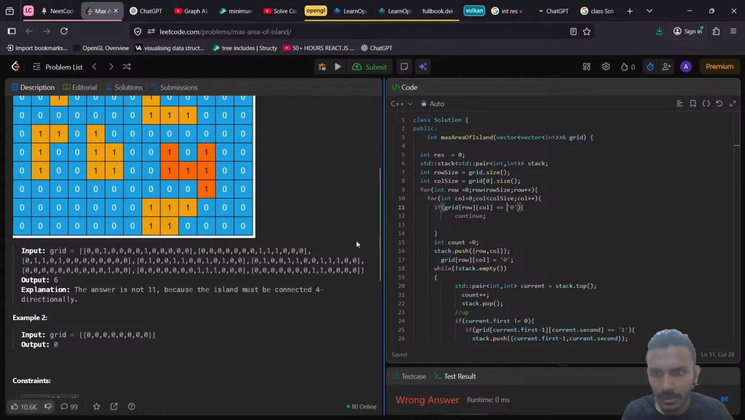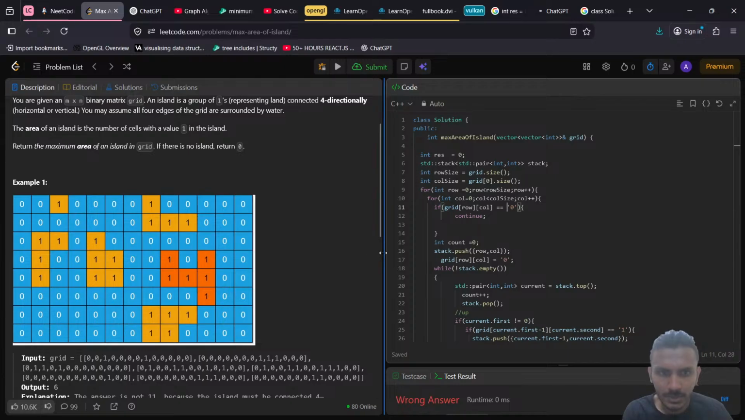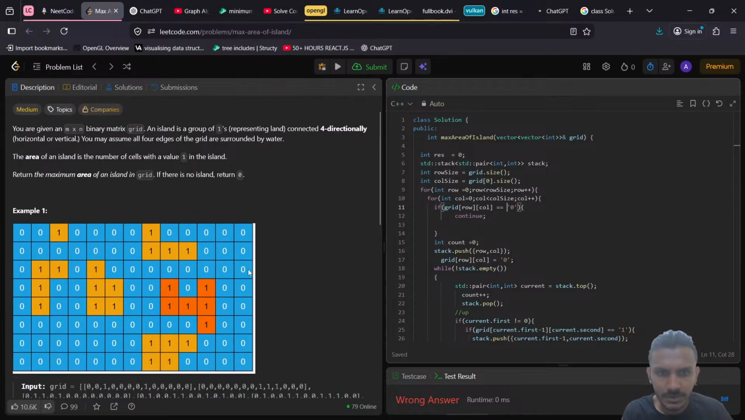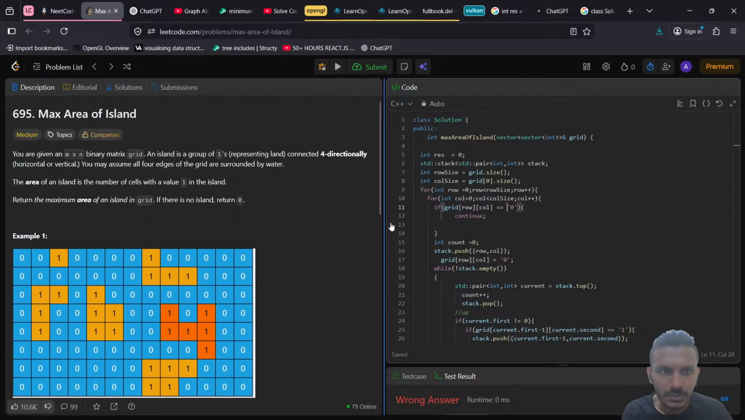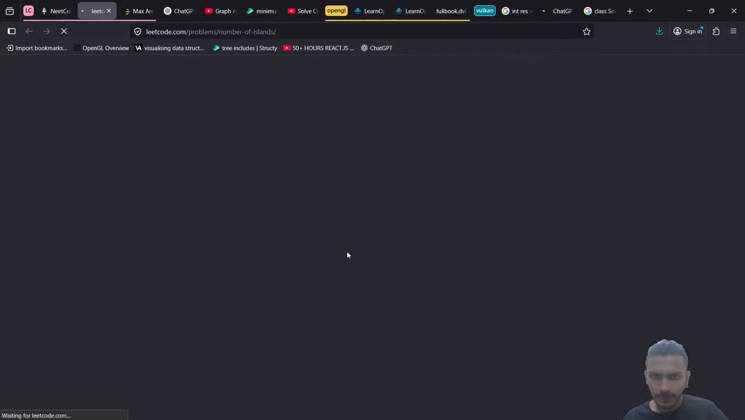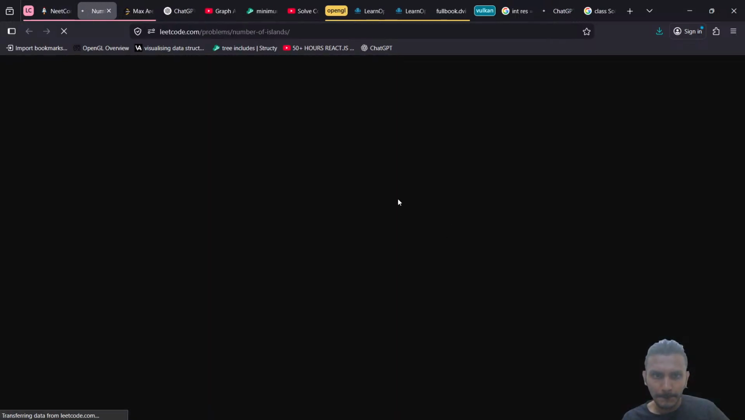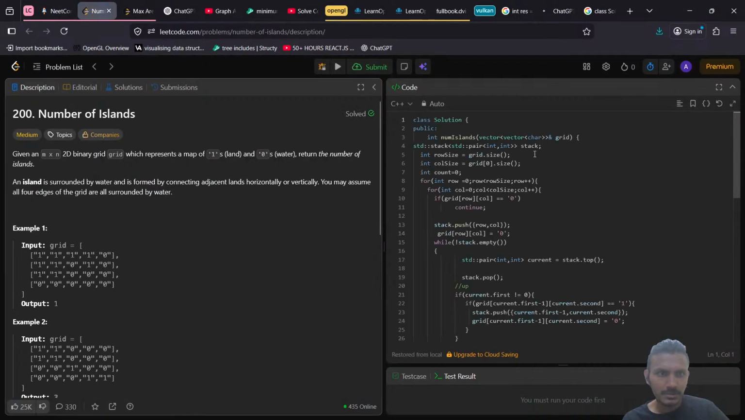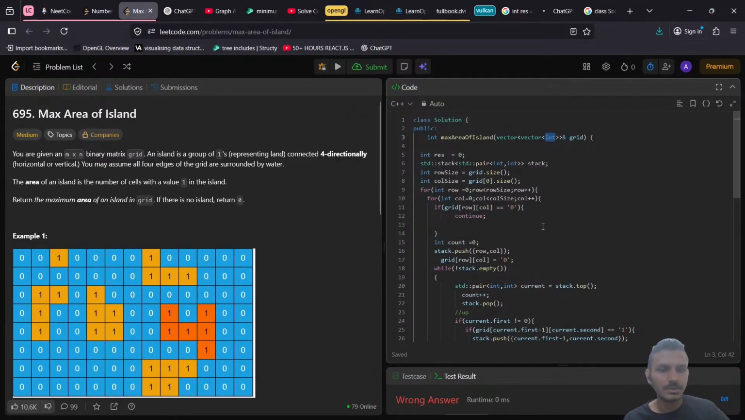Last problem we are putting a similar thing. If our grid is equal to, sorry, okay. Instead of string, we have char, but in this specific problem we have int. So instead of